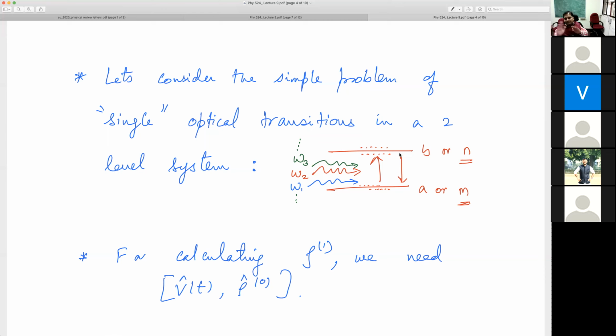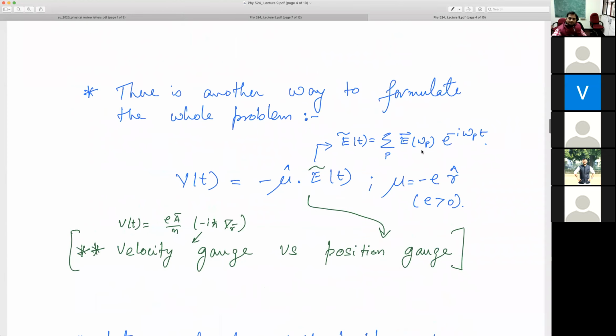I may know the number exactly, Na, Nb, or Nm, Nn, etc., and that will decide my optical absorption. So if I shine these kinds of lights, then how much will be absorbed, how much will be, let's say, reflected back, transmitted through that system, all of that we are going to calculate in a minute. Any questions till now?